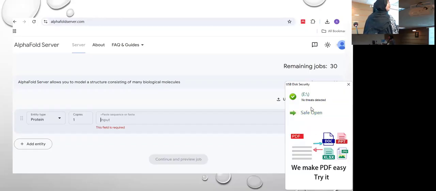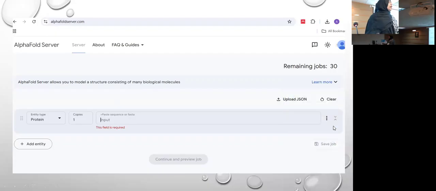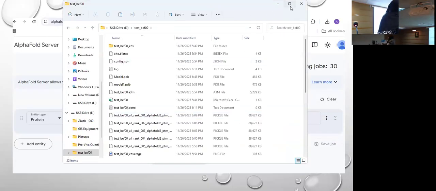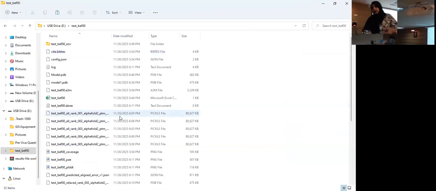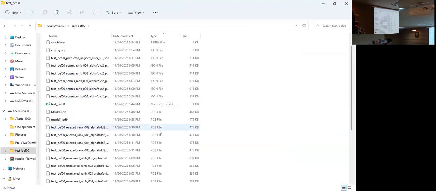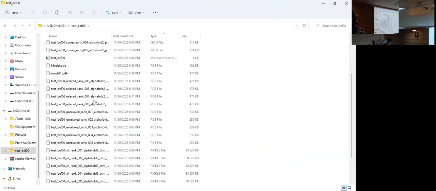Out of 5, the best model is 1. But in those files, you select the type. There are so many PDBs: relaxed, unrelaxed. These are all the results. I told you earlier that you will get all of the results.